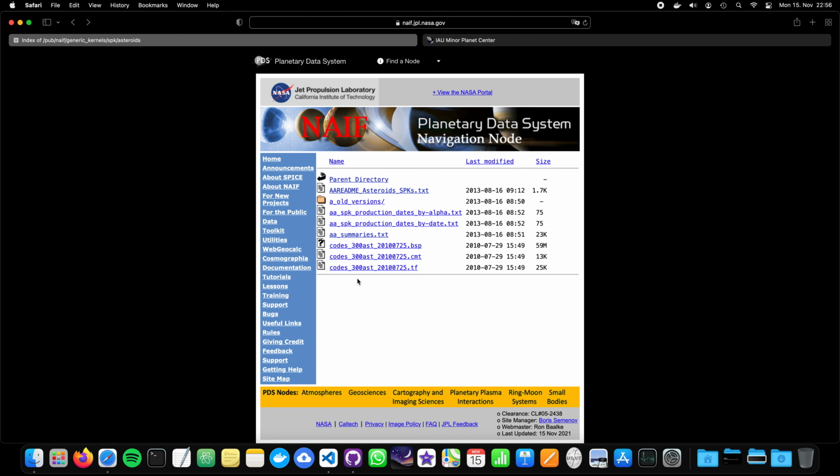Now let's go back. We need this kernel, the BSP kernel, around 60 megabytes in size. It's a little large to add to a GitHub repository, but I just did it, so you don't have to be bothered by downloading it manually. I hope GitHub allows me this. Of course, there's something like GitHub LFS for larger files, but as long as GitHub is not complaining, I will just take it. The second file is a TF file,